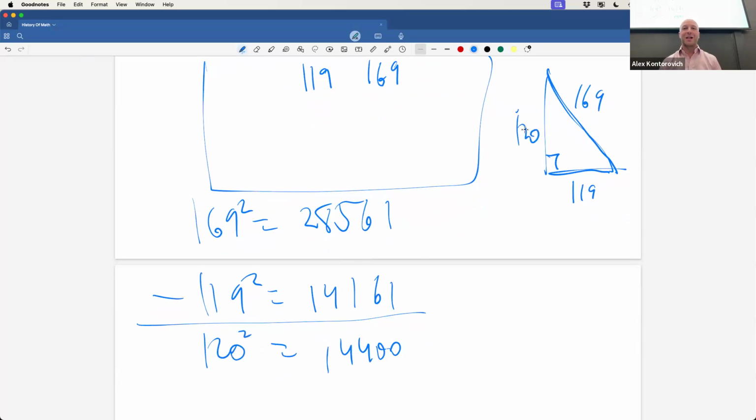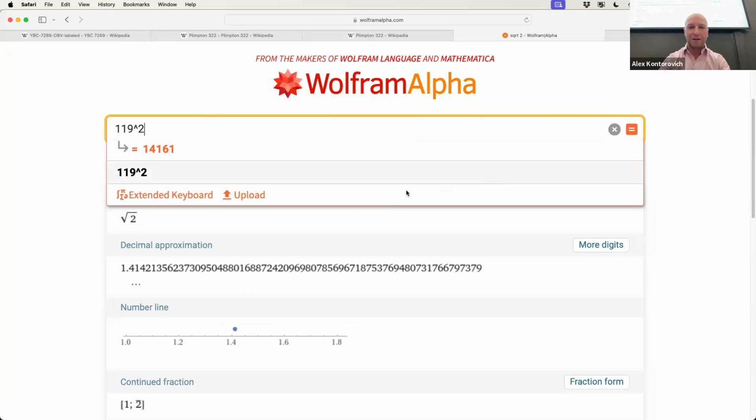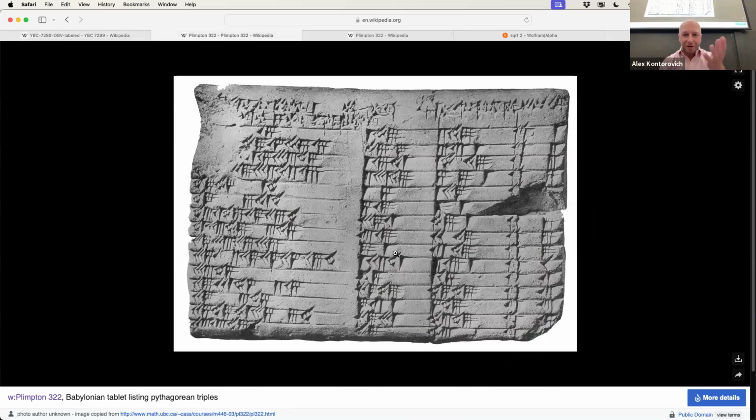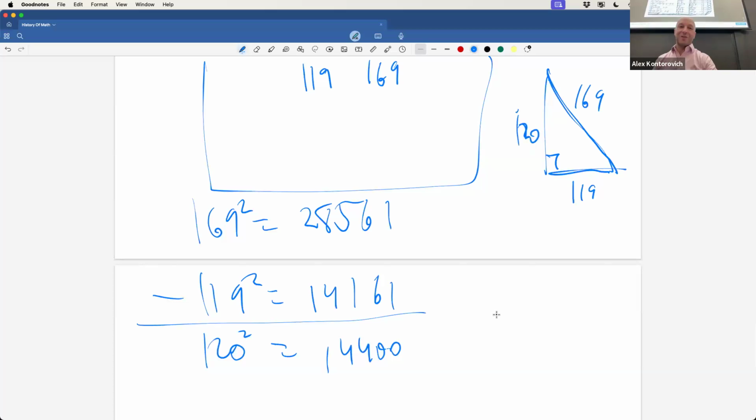So this is 120. So these are massive tables. These are not numbers you would find by guess and check. This thing that we're staring at is a list of 15 massive Pythagorean triples from 4,000 years ago. Okay, when you unravel what every one of these entries is. And you can imagine, how did they come up with such large numbers and check that, work out, like this took us 10 seconds to work out. Well, first of all, we used a calculator, but even if we didn't use a calculator, it'd take us 30 seconds to work out by hand because we have the Hindu-Arabic numerals. All right.